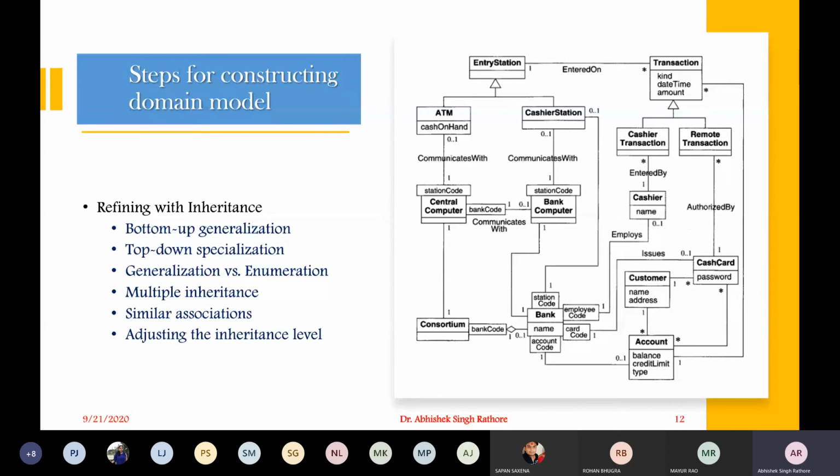This works well with generalization when you have a banking system available. So you have to identify the context while considering generalization and enumeration. Again, you have an account, and the account is specialized in two ways: either it is a savings account, or it is a current account. So this is good in your banking system.